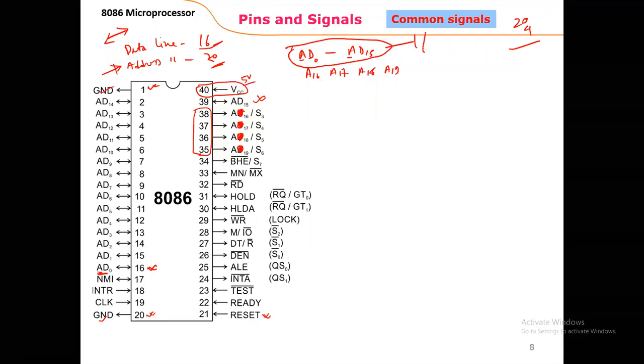Okay, this is the 16 and this is the 4, total 20. And this is the 1, 2, 3, 4. This is the 4. So total 24 complete. Okay, all are clear? This 24 pin. Yes, sir. Any problem? No, sir. Clear. Okay, now